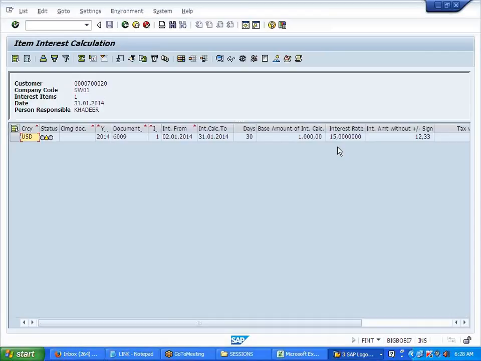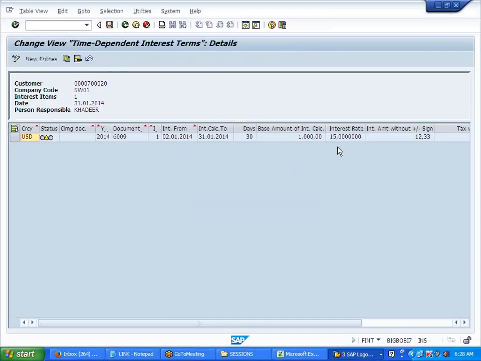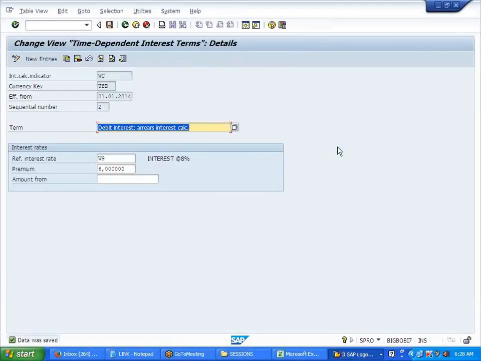Can I ask one question? In W12 and W9, on what basis did it select W9 instead of W12? Because for customers we calculate on the debit side.